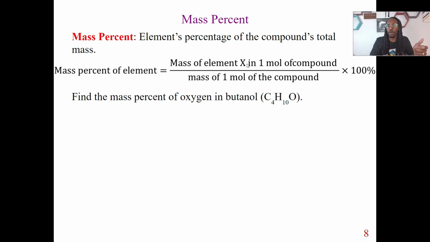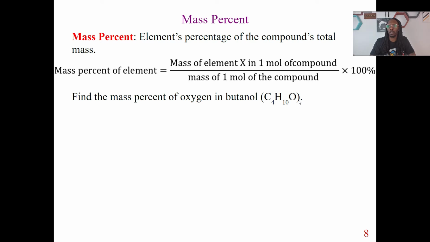All right, so we got our part, and then we got our whole. Once we have our number, we just have to multiply by 100 to get to our percentage. It's a percentage game. So let's look at an example here. Find the mass percent of oxygen in butanol. Now, butanol, what is that, Dr. J? That is